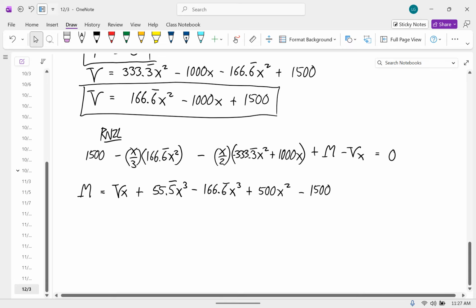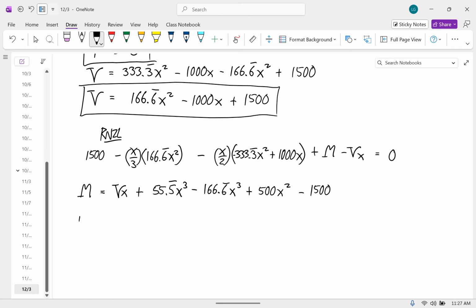And then we'll multiply what we got for v by x and put that in here. So m is equal to 166.6 repeating x cubed minus 1000 x squared plus 1500x